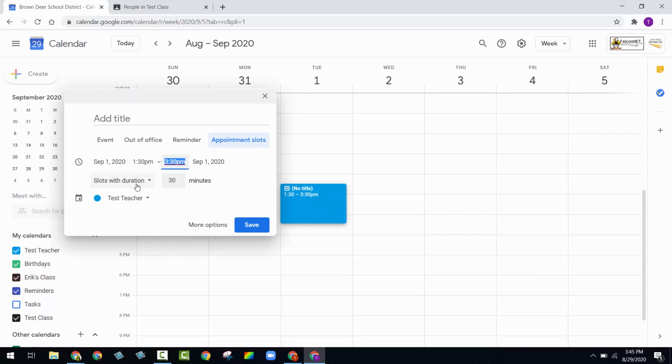The next is choosing the slot duration time. So how long do each of these appointments last? I'm going to set these up for 10-minute appointments. And this is the calendar that they're going to appear on. Now, make sure you add it. So we're going to say meet with the teacher. And you can go ahead and do this, and that's going to set up one appointment slot for that time,